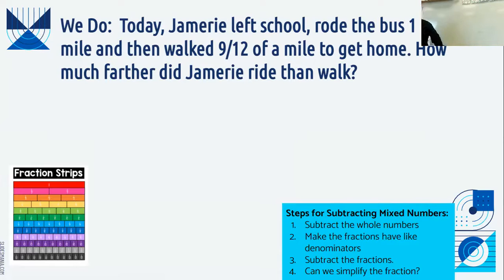So today, Jameer left school. He rode the bus for 1 1/4 of a mile. Then he walked 9/12 of a mile to get home. How much farther did Jameer ride than walk? Okay, so obviously what I'm doing is, I look, it's 1 1/4